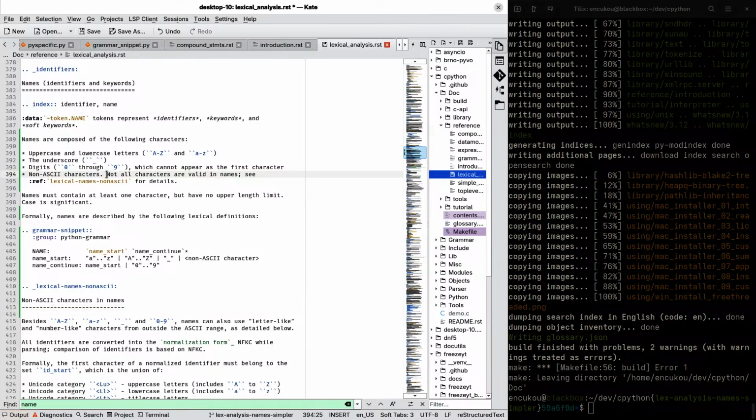And maybe, instead of saying not all characters are valid in names, we can say only a letter-like. I'm supposed to use straight quotes in CPython docs, right? And then we say something like this.